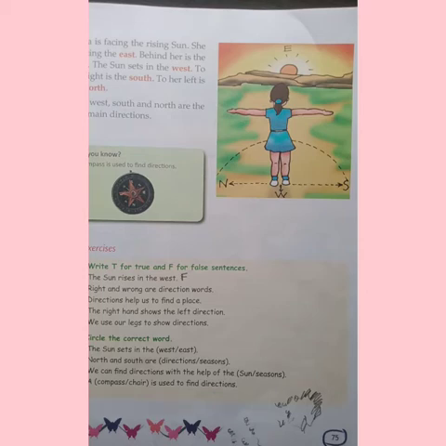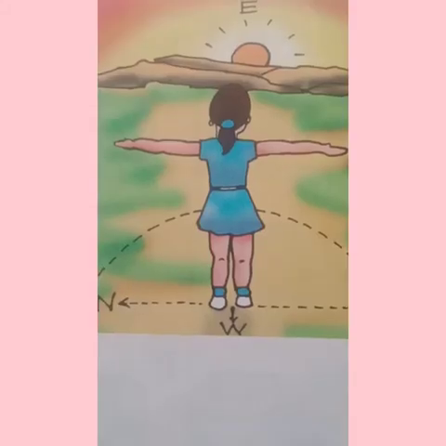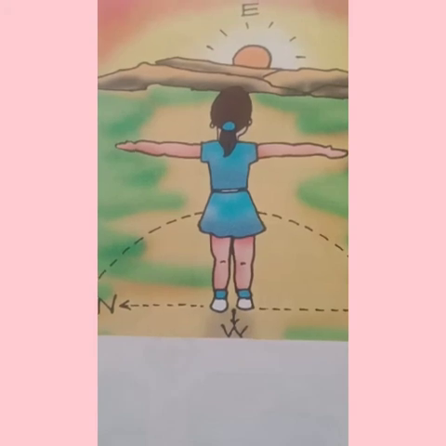So now you go and stand in front of your house. Then you're facing which direction now? As it is east direction. Now lift your two hands. Now you are facing towards which direction? As you are facing the east direction. Now you are standing in front of your house, right? As always your front of the house is facing the rising sun. So now you are facing the east. So now what is your back? Your back side is your west.